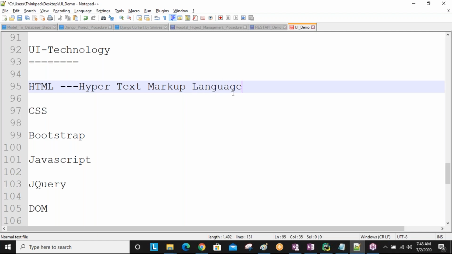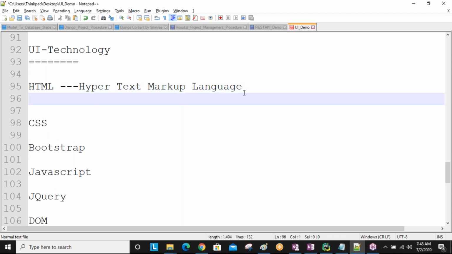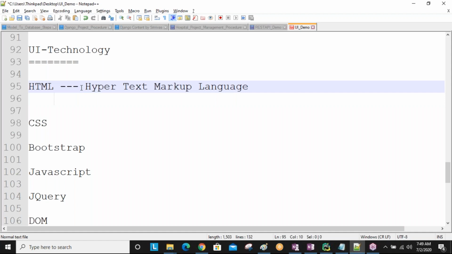Simply, why are we using HTML? HTML is used for displaying the data in our website. When you are developing a website, whatever content you want to display, we display by using this HTML only. So by using HTML technology, we display our website content simply.